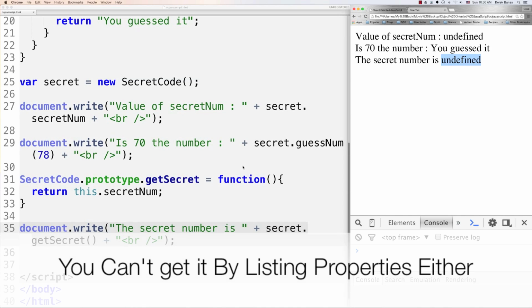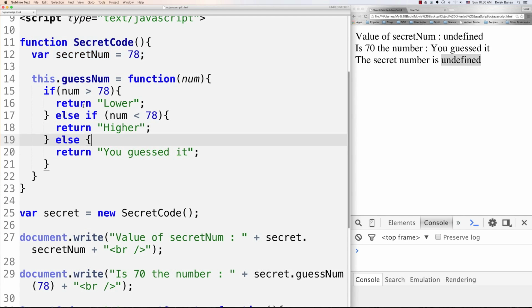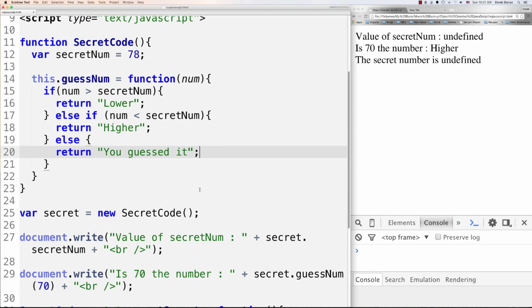So there you can see that it is indeed possible to make private variables inside of objects in JavaScript and protect them, and yet in the same way we'll be able to come in here and work with them. And you can also see that inside of this function, if I just go and throw secret number inside of there instead of 78, you're also going to see that both of those also work. So pretty cool stuff. Now let's take a look at a bunch of different ways to create getters and setters,